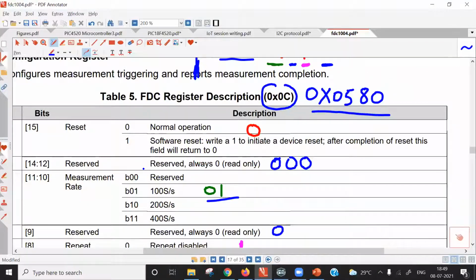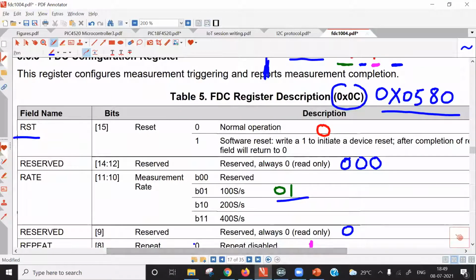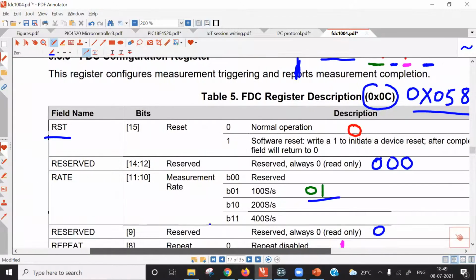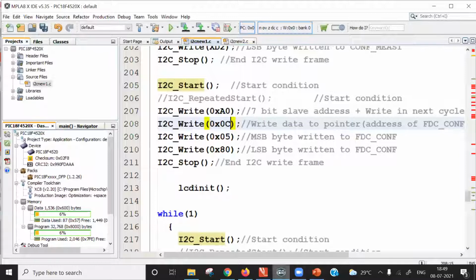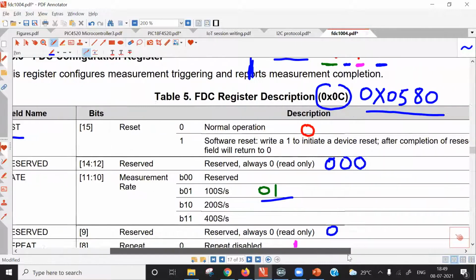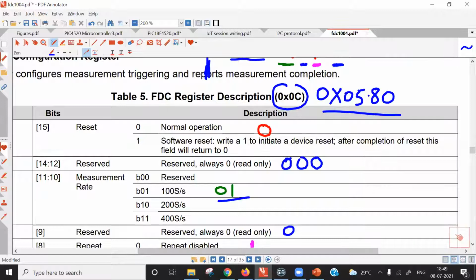Because this register is at location 0x0C. So we must load the pointer with 0x0C so that the next write operations are on this register. And after that, I am writing the data which I discussed here, 0x0580.